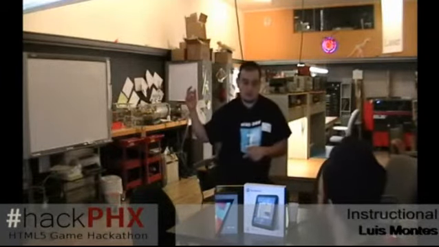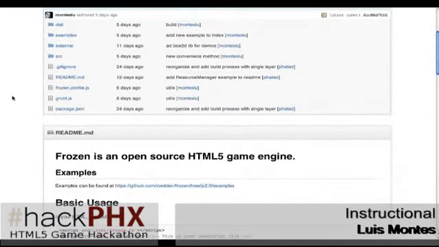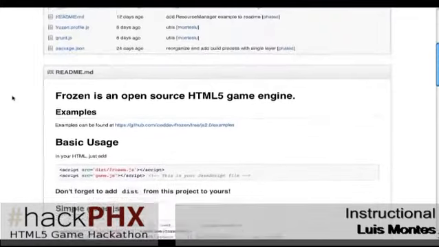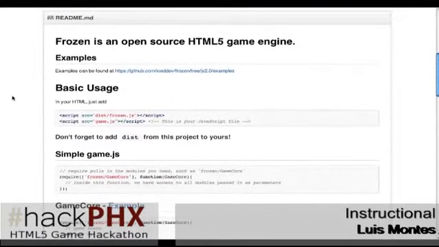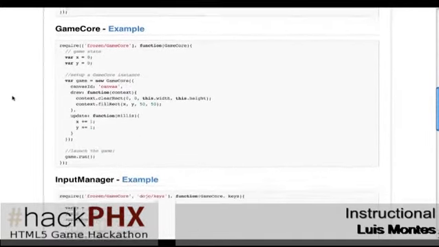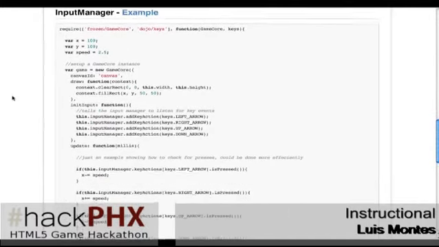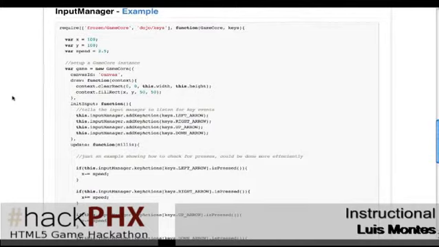Mine, and Blaine's, is up here at icedev/frozen. It's a very, very simple game engine. You could just jump in and start using just the animation loop if you want, or do some more advanced things with it. You could write that core loop structure yourself, or just grab one of these and start going. I'm going to run through a couple of really quick demos to show you how to jump in and use this one in particular.